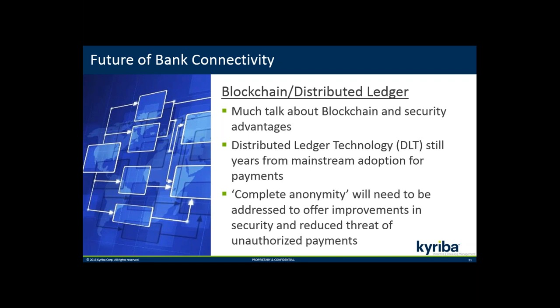The reason why it's not going to be adopted mainstream for a little while is because there's a lot of steps to utilize this type of technology in an external environment where you're doing peer-to-peer payments, business-to-business payments, that sort of thing. There's a lot of things that the existing rails in terms of correspondent banking, some of the networks like SWIFT, play a great role in bridging those banks together and providing the ability to send payments one